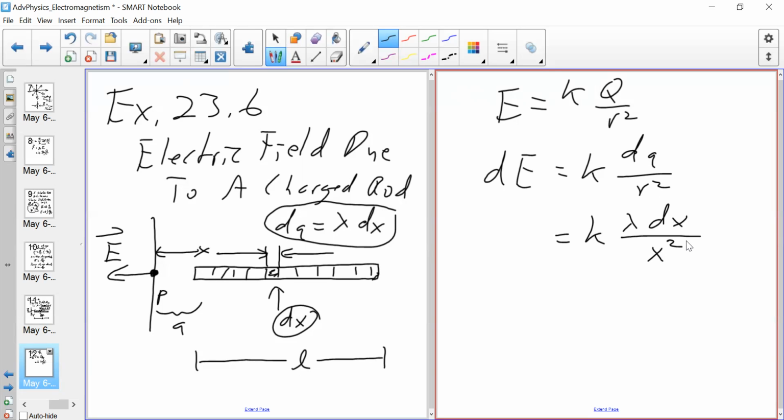Because when it comes down to integration on the math level, we're going to have to integrate everything with respect to x. So if it was no distance here, or nothing else that could be in terms of x, we just integrate dx and it becomes x. That's the easiest integral. But this r becomes x squared, goes along the x-axis. And so now, when we integrate dE over here,